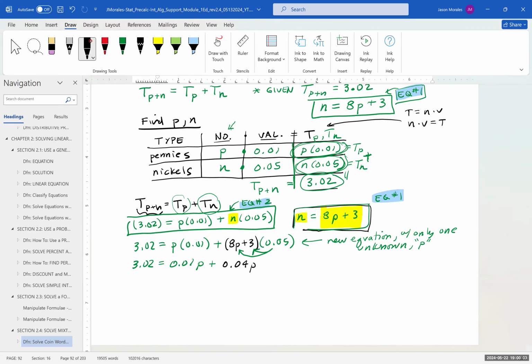All right, so now we've got some like terms. 0.01p and 0.04p. So we can simplify that to 0.05p. Then we have this term. And now subtract both sides by 0.15. That'll cancel out to 0. On the left-hand side, we're going to have 2.87. And that's going to be equal to